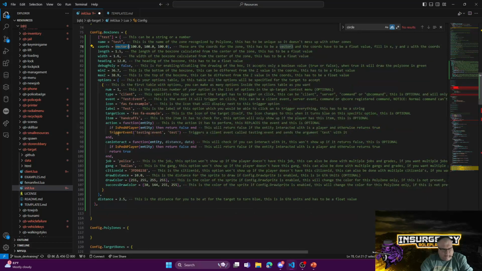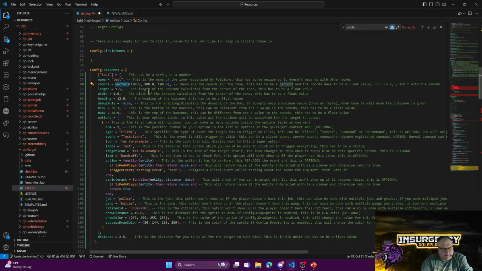I'm not going to go through all these and just type because that's all I'm doing, but you can see especially for QBTarget, they give you all the information you need to build things. So the length of the box zone, since we're building a box zone, it's basically a polyzone that's shaped like a box. And this is the length of the box, this is the width of the box, this is the heading. So if you make a rectangle and you put a 0.0 heading, the rectangle would be centered on the coords that you enter, and however long you said it was, let's say you said it was 10,